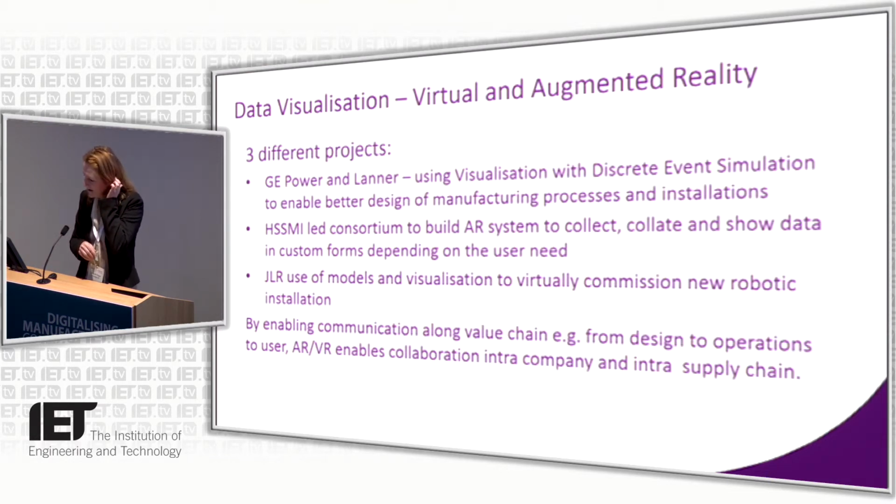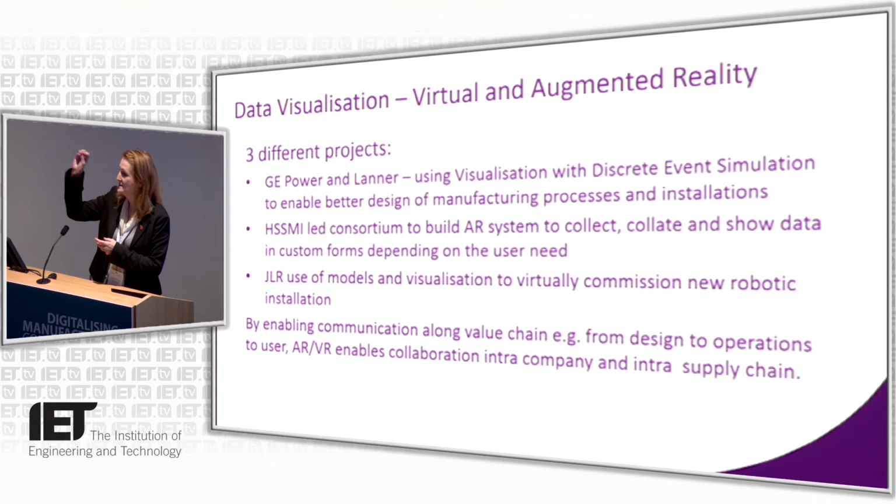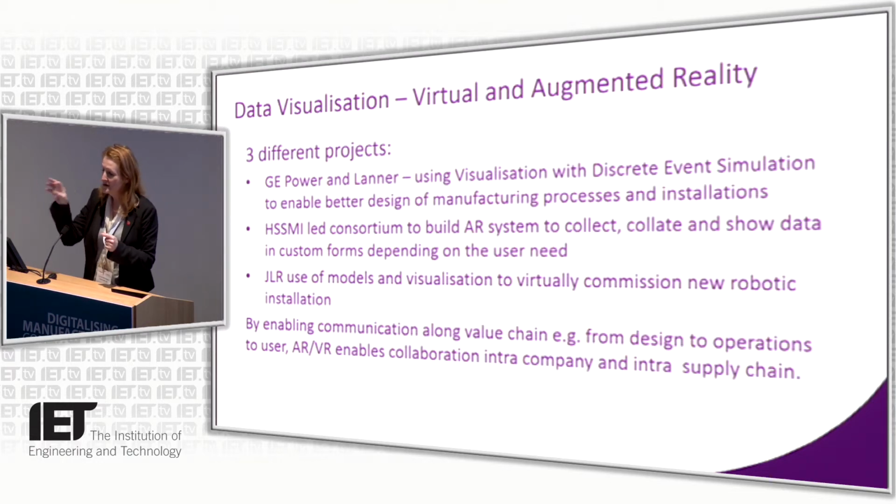Another one, the High-Speed Sustainable Manufacturing Institute, led a consortium where they were looking at taking data, and they're really just collating data and showing it to different people. And what they realized is that everyone needs to see data differently. So a manager wants to see one thing. He wants to see, is it good or is it bad? Somebody else might want to see something else, and the engineer is going down to check the equipment. He wants to know exactly what's going on. So they enabled a variety of different little tools and widgets so that people can see what data they needed